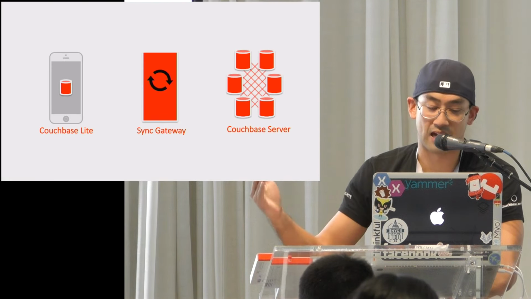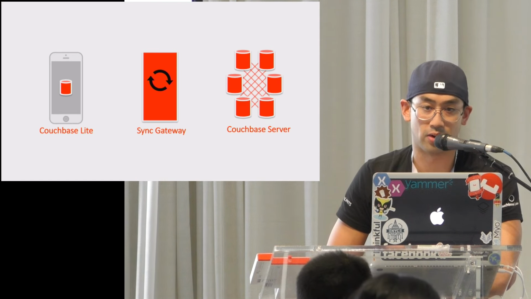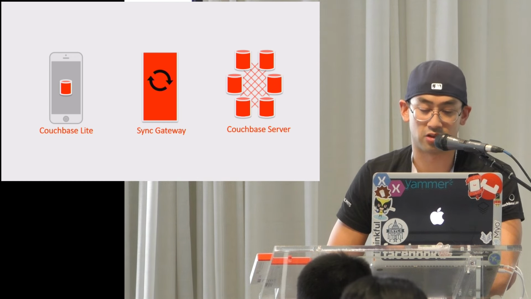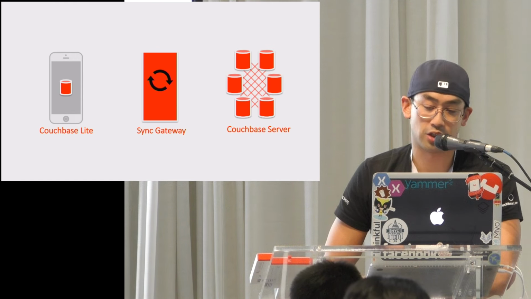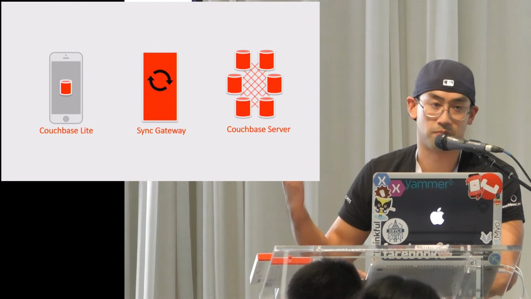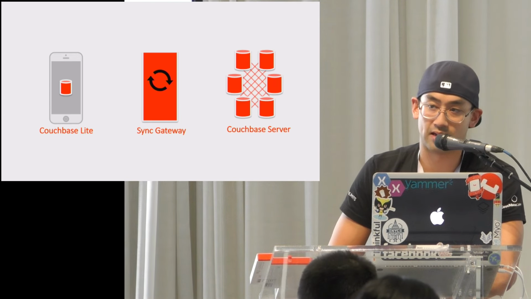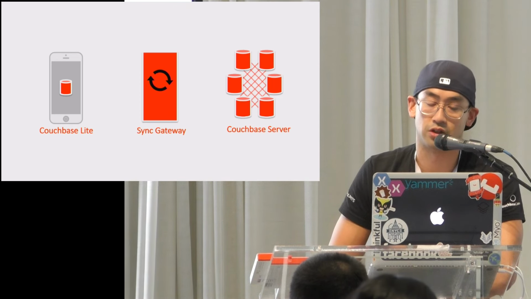So again, this is what the stack looks like, right? You got CouchBase Lite, you got Sync Gateway, that basically you write who gets the data, how do they get the data, etc. And CouchBase Server, just think of it like a data store. So the flagship product is the CouchBase Server. Company's been around for 5 years, and that piece on the right-hand side, even though mobile developers really don't care about, you do care about if you do have apps that go into production.